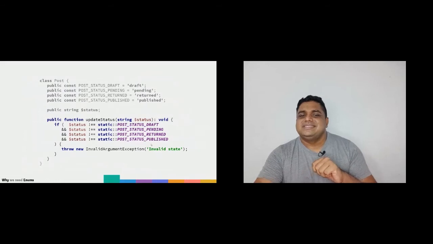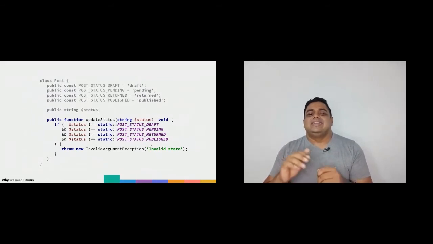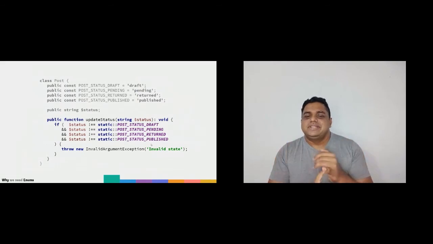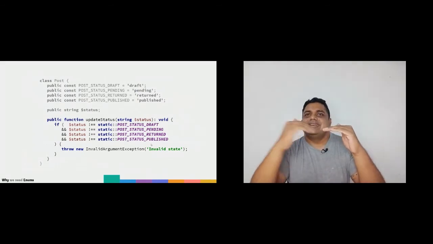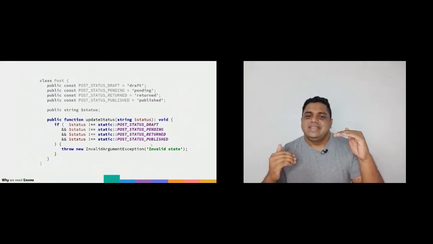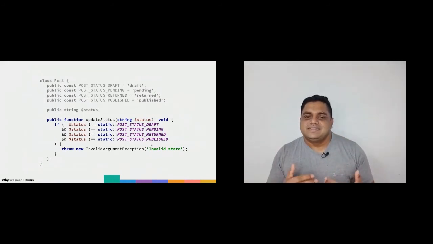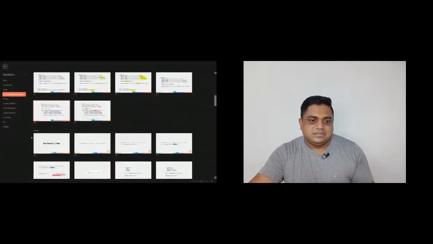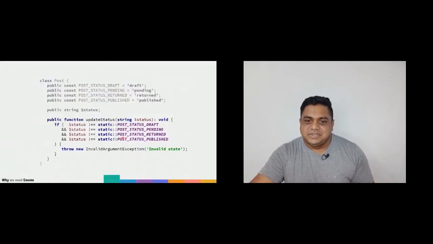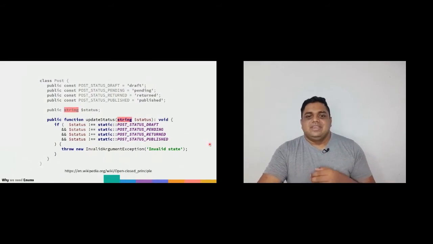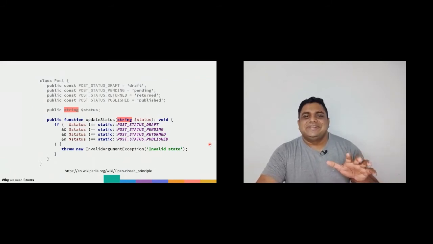So you can try to mitigate this by adding conditions. So when you try to pass this value, we check them against a list of values that we know. And if it belongs to one of these values that we can deal with, fine. If it's something else, we have to throw an exception, like here. We throw an exception right here. But again, we have the same problem because they are still strings. And what if you extend this class and try to add a new value? What if you forget to validate against one of these values?